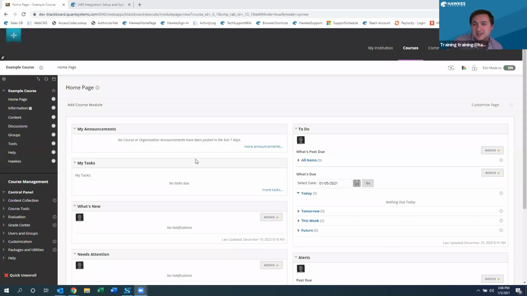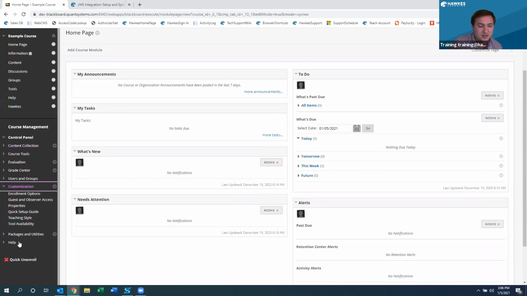And one common question is that sometimes you will not see the Hawks single sign-on, or sorry, the Hawks sync tool link within your Blackboard. So if you're logged into your Blackboard and you do not see the Hawks sync tool link, all you need to do is go over here on the left side and click on customization, and then go down to tool availability. So once this is open,